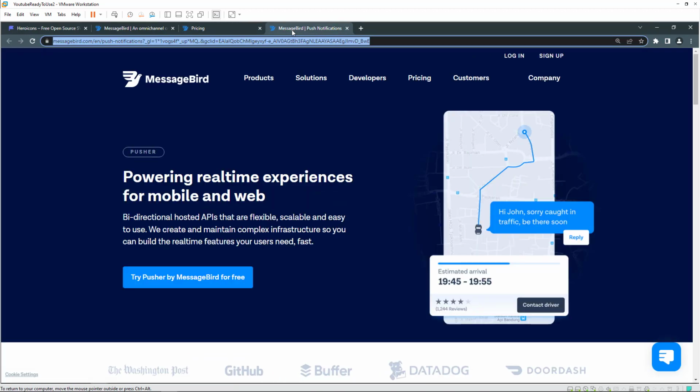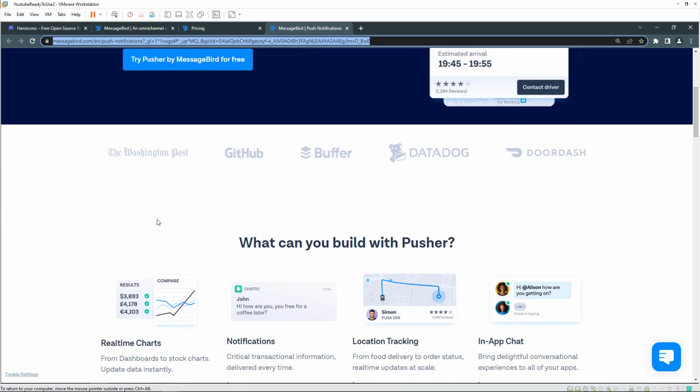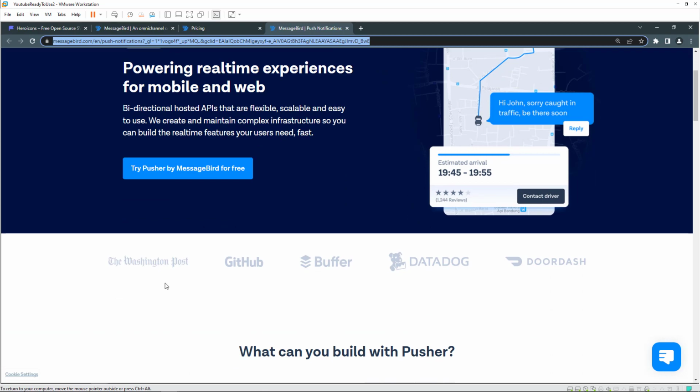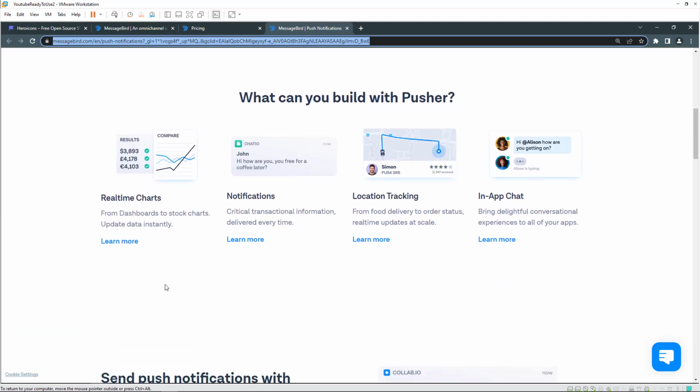And also I wanted to point out the Pusher page. Here are examples showing what you can build with Pusher. Powering real-time experiences for mobile and web, bi-directional hosted APIs that are flexible, scalable, and easy to use. They create and maintain complex infrastructure so you can build the real-time features your users need, and fast. And as they say here, you can try Pusher MessageBird for free. And you can see some of the companies that are using it, and down here what you can build with